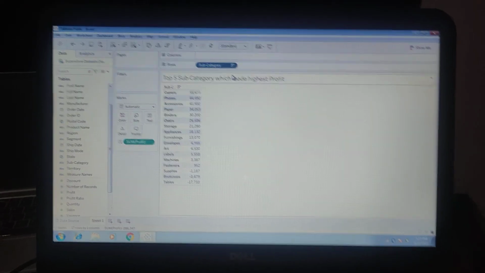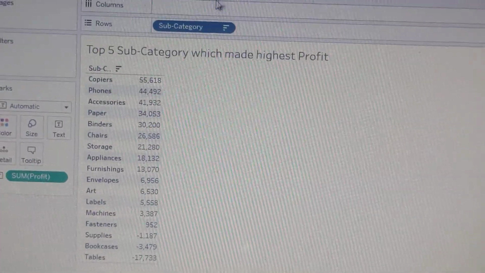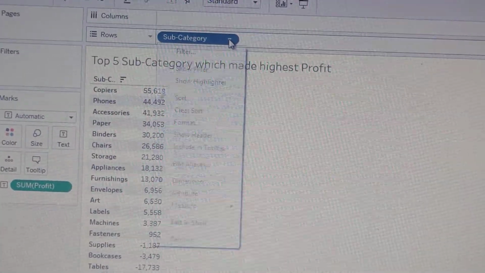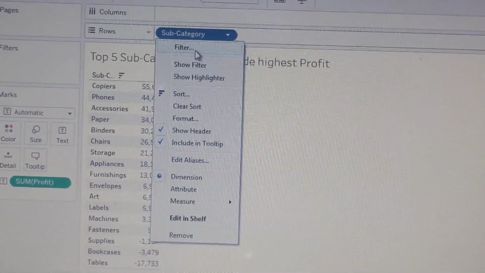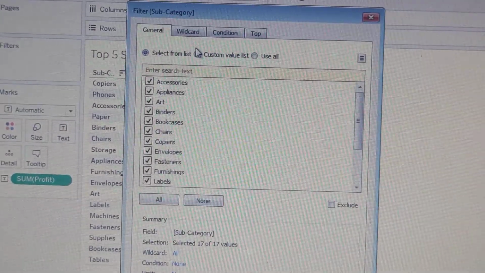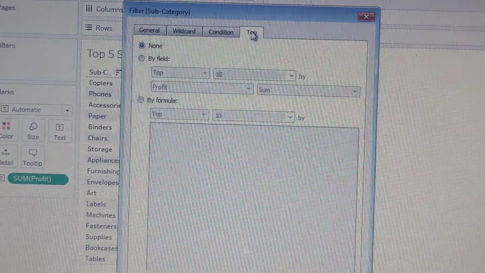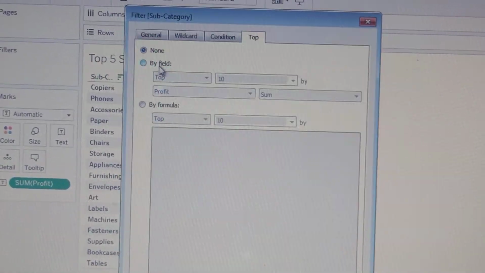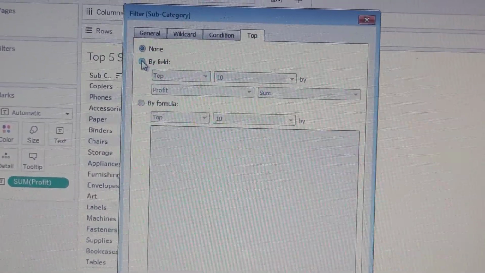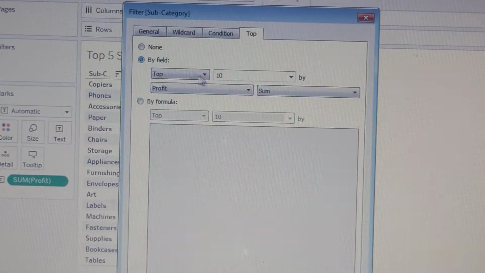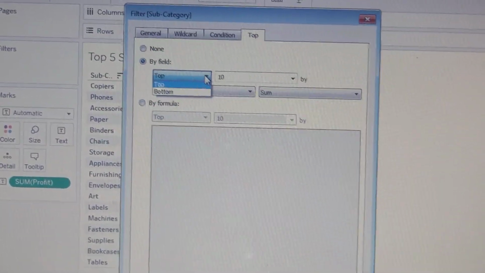Now again you need to go into the subcategory, because we need to show the top 5, and just click on the filter. So we have a filter button here. Click on the top, and we have a by field button. Just click on by field, and we can select top or bottom.